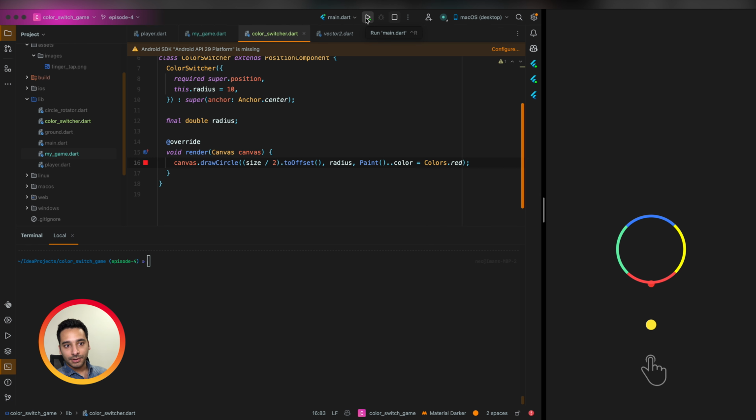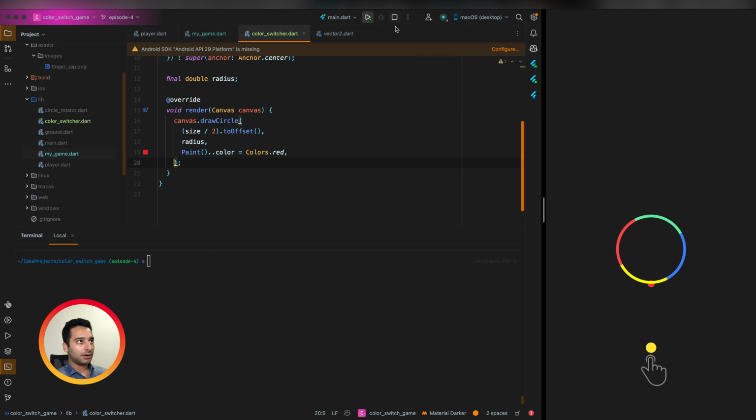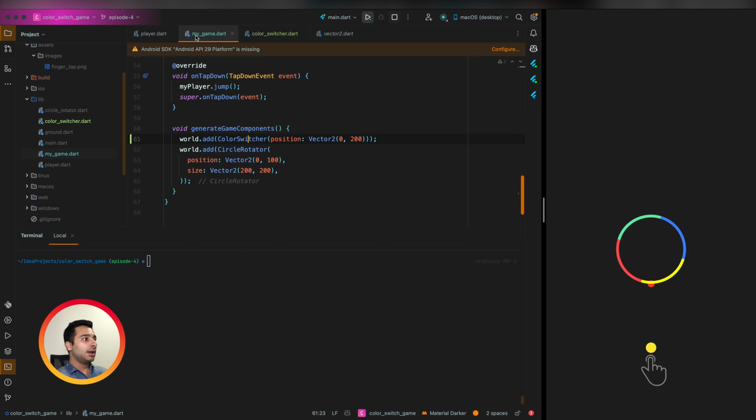Let me run the app again. Okay, as you see, we have our color switcher. Let me change the positions a little. We can move this one a little bit upward. Yes, 0 and 0 is good for the circle rotator, and I can change it to something like 180. And okay,